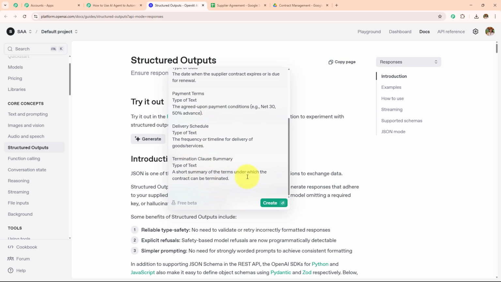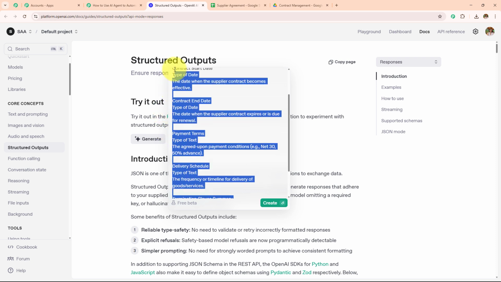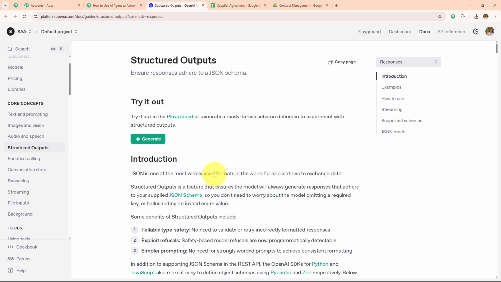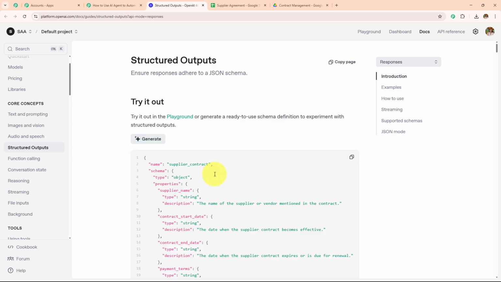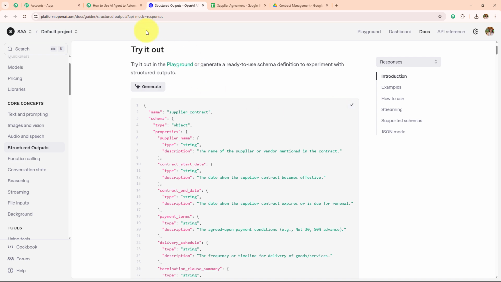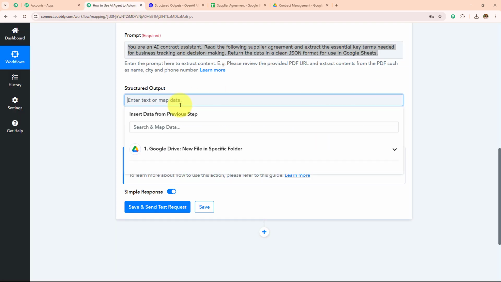We have to make sure that we add all the fields, and then we add all these details in this particular format itself, and then we simply need to click on this create and nothing else. You will see just in few seconds a JSON schema will be generated, and here it is. So now we simply need to copy this entire JSON schema,